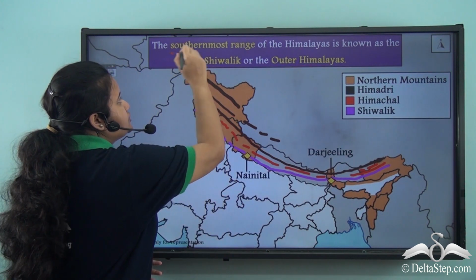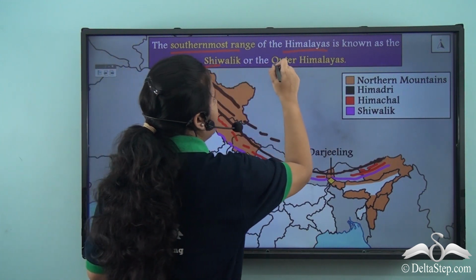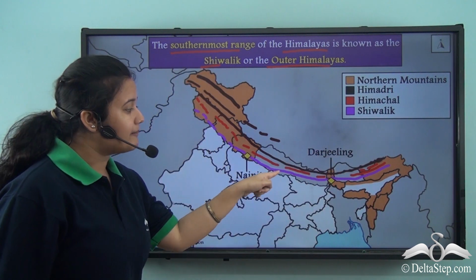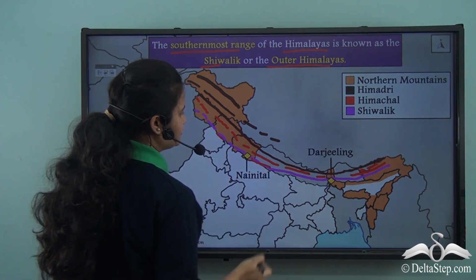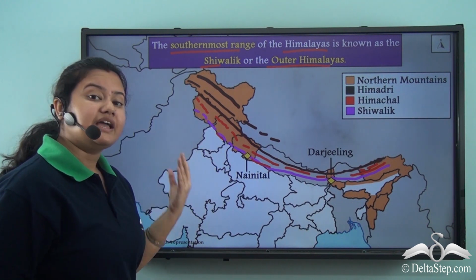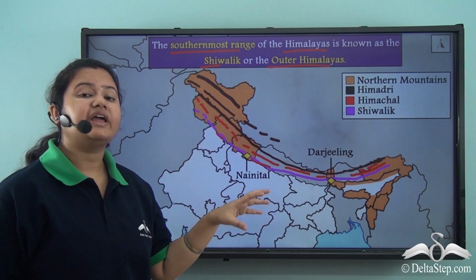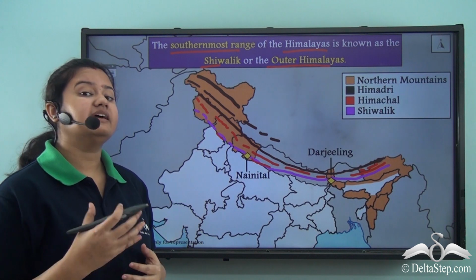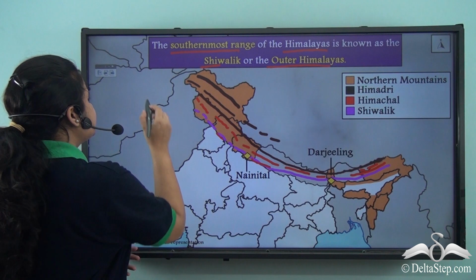The southernmost range of the Himalayas is known as the Shivalik or Outer Himalayas. So, here see the line marked in pink shows the Shivalik range. As we can see here, it is the southernmost range of the Himalayas. Now Shivalik is comparatively lower in height than the other two ranges, that is the Himadri and the Himachal range. The average elevation of the Shivalik is less than